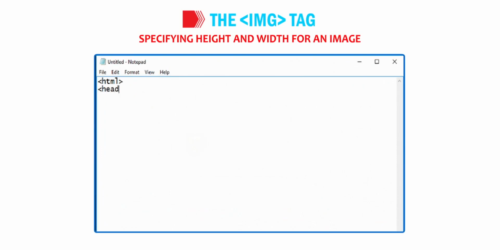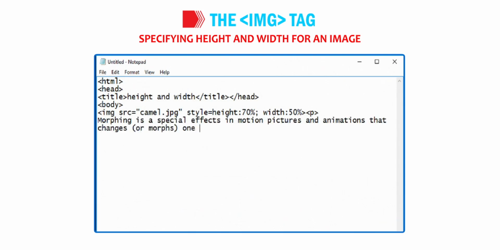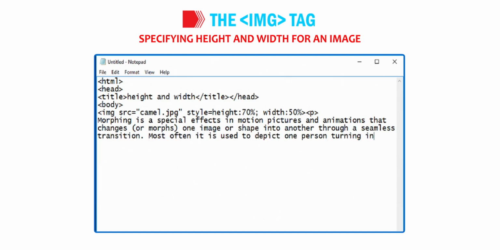HTML head, title, height and width, /title, /head. Body: image src equals to camel.jpg style equals to height 70% width 50%. p. Morphing is a special effect in motion pictures and animations that changes or morphs one image or shape into another through a seamless transition. Most often it is used to depict one person turning into another through technological means or as part of a fantasy or surreal sequence. /p /body /html